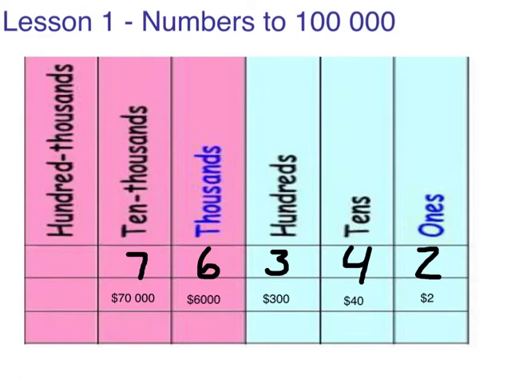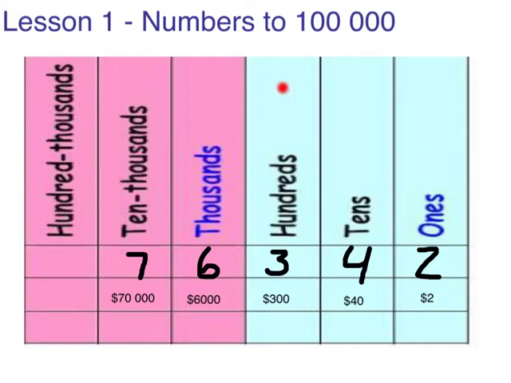So the 2 on the far right side is only worth $2. The 4, because it's in the 10 spot, is worth $40. The 3 in the 100 spot is worth $300. The 6 in the 1,000 spot is worth $6,000. And the 7 all the way up here in the 10,000 spot is worth $70,000. So even though they're all individual digits, they all have a different value based on where they are in the